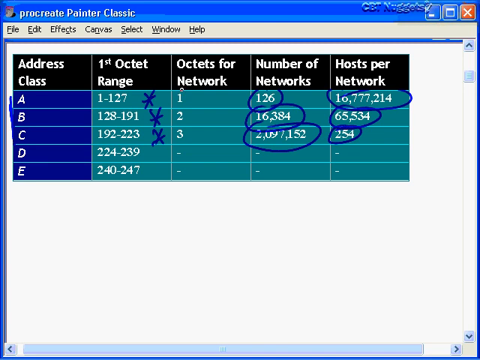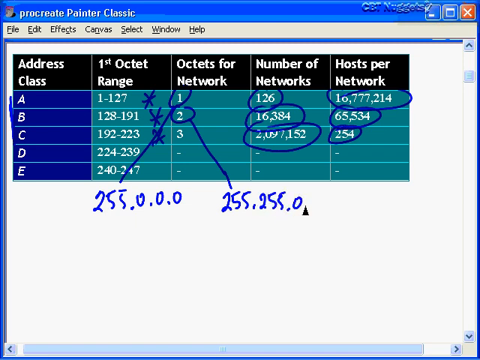So since Class A uses 1 octet for the network, the mask is going to be 255.0.0.0. Since your Class B uses the first 2 octets for the network, the default subnet mask is going to be 255.255.0.0. See the pattern? And then your Class C subnet mask, which uses 3 octets for the network, the mask is going to be